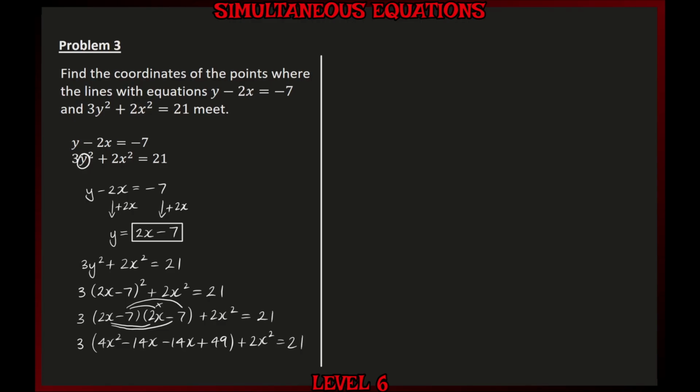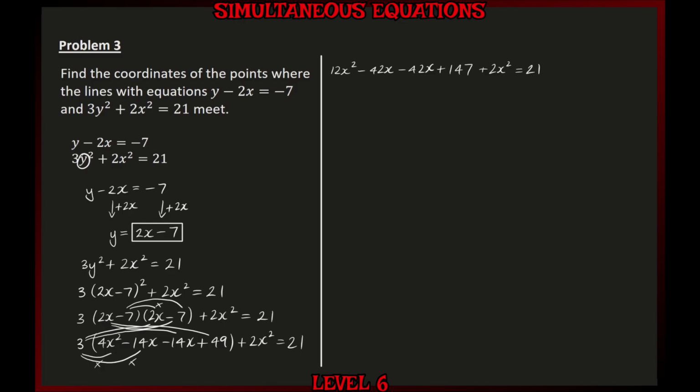We can now expand the final bracket by multiplying everything inside the bracket by 3. So 3 multiplied by 4x squared gives us 12x squared. 3 multiplied by minus 14x gives us minus 42x. Again, 3 multiplied by minus 14x gives us another minus 42x. And finally, 3 multiplied by 49 gives us plus 147. We still have a plus 2x squared at the end that we need to not forget about, and that's equal